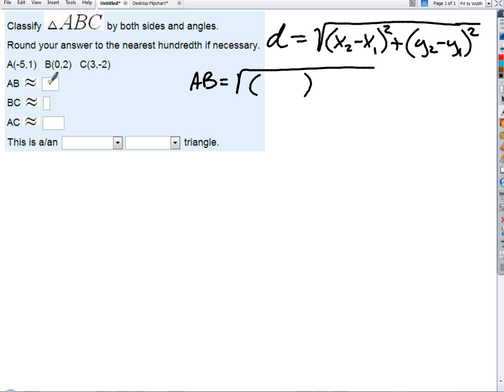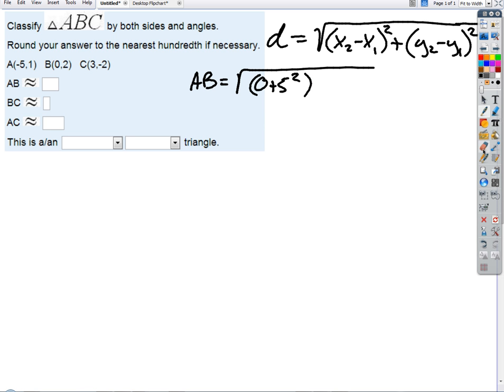What's x2? If point A is point 1 and B is point 2, the x2 just means the x coordinate of the second point, so 0. We get 0 minus negative 5, so 0 plus 5,